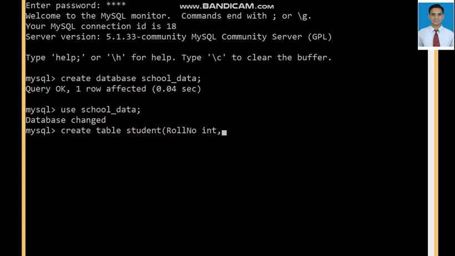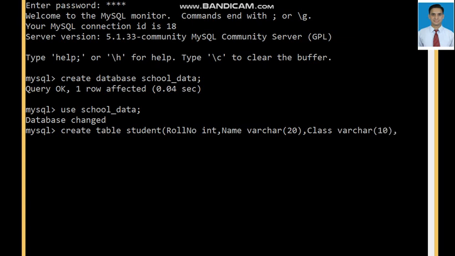And the second field, let us take name. Name is a string type. For a string type field, we use the data type varchar, and the length of that particular field is 20, right? And let us take the third field as class, and again class is a string type, so let me take it as varchar 10.